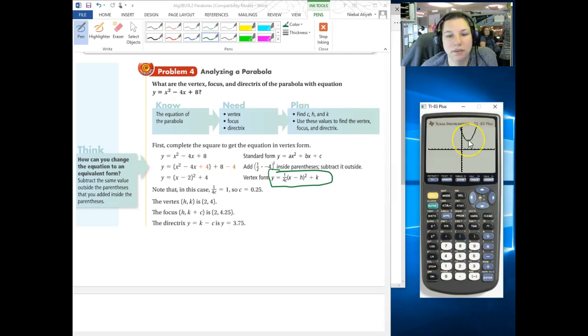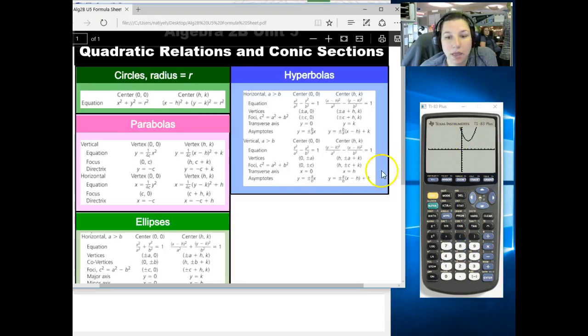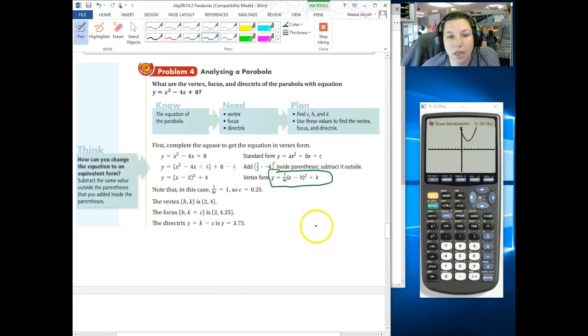Okay, notice it does not have a vertex of (0, 0). That's why they are using this equation and not this one. So I want to make this y = x² − 4x + 8 look like y = 1/(4c)(x − h)² + k. So we're going to do that by factoring